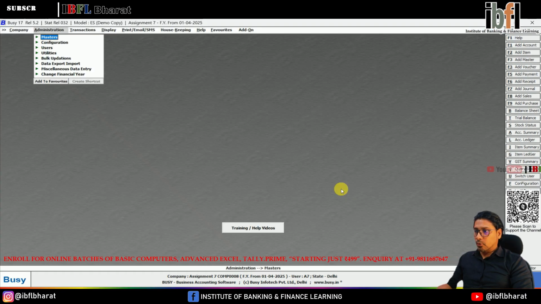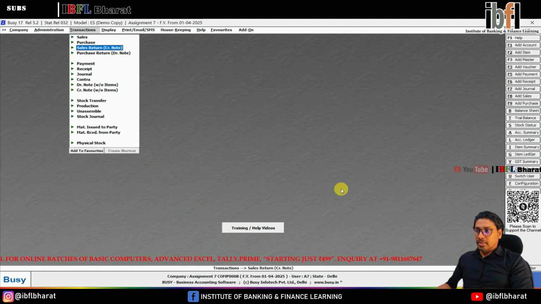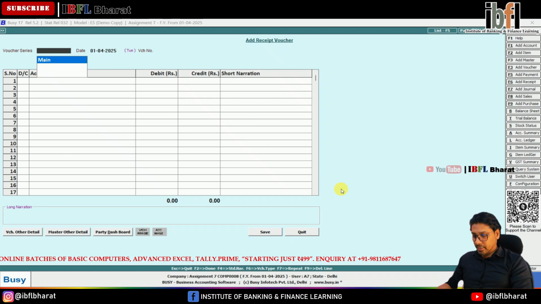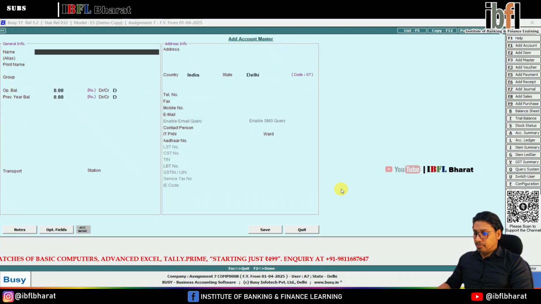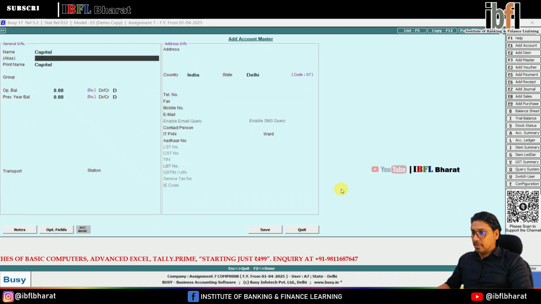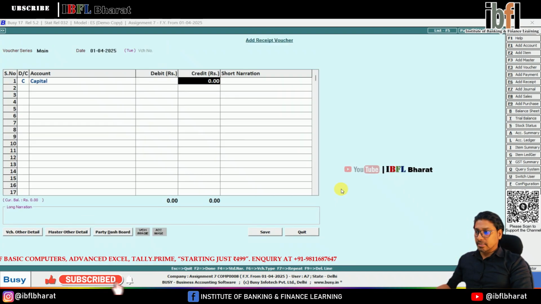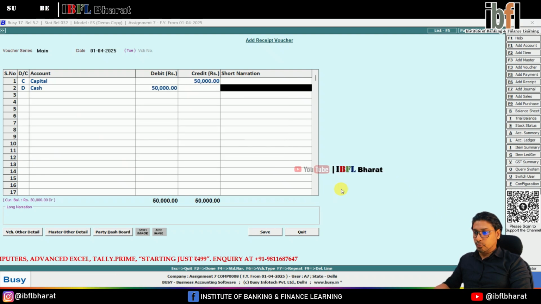And now we are coming to transaction. Our first transaction will be in receipt voucher, as we are making the investment entry of capital. So we are taking here capital ledger by pressing F3 and create a ledger of capital under capital account as group. Press F2. The capital we are investing is 50,000 here for cash, and press F2 now to save